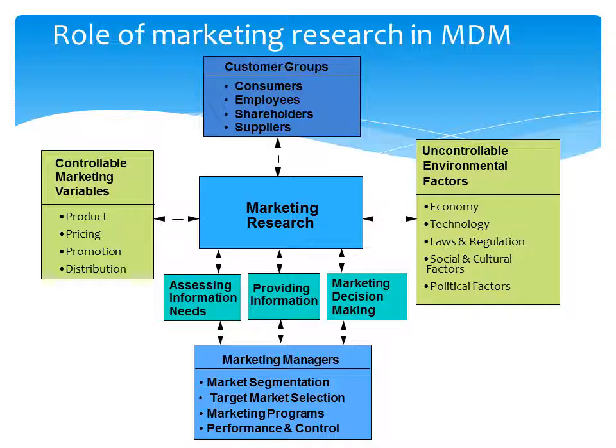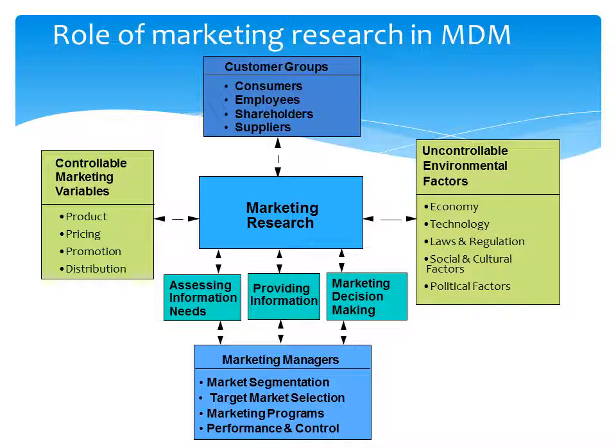The environment may be uncontrollable environmental factors or controllable marketing variables. Uncontrollable like economy, technology, laws and regulation, social and cultural factors, political factors, but the controllable marketing variables like product,